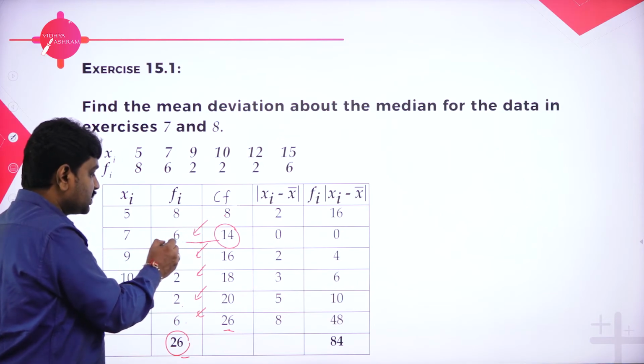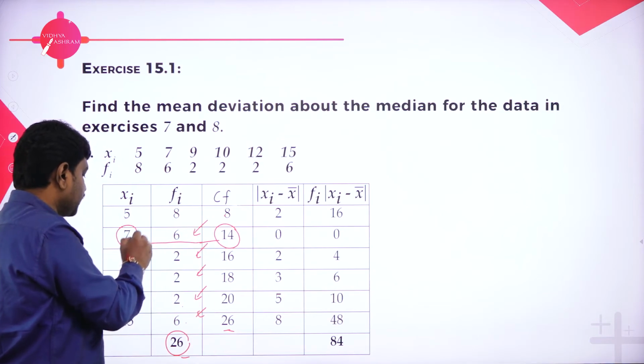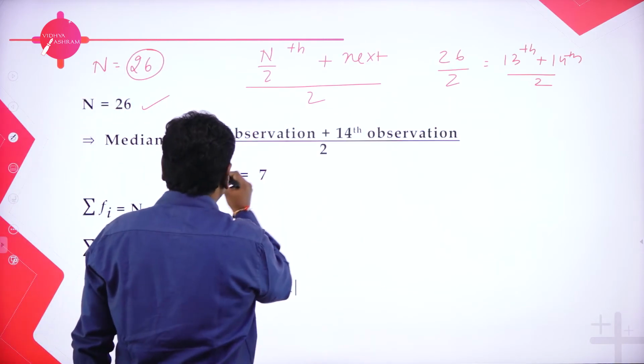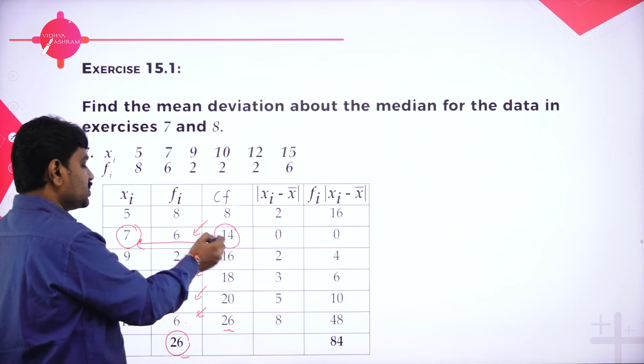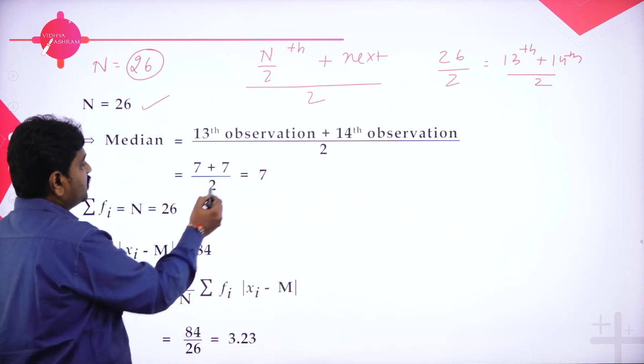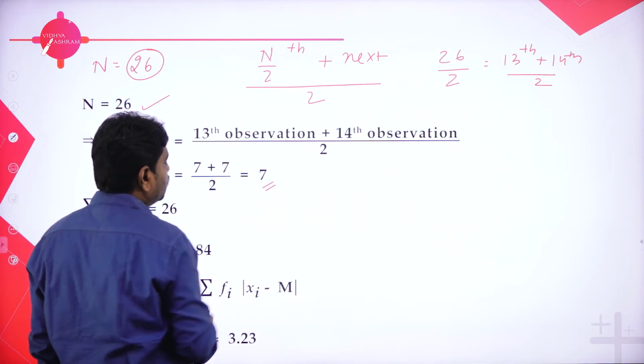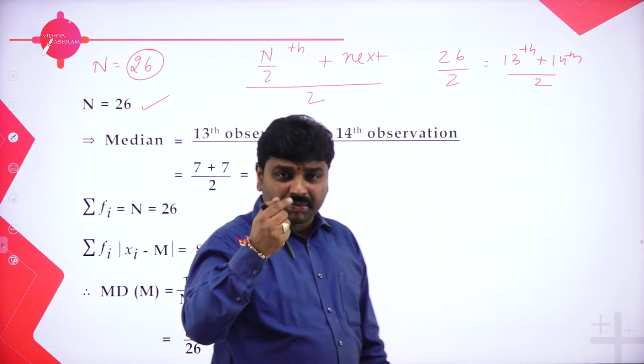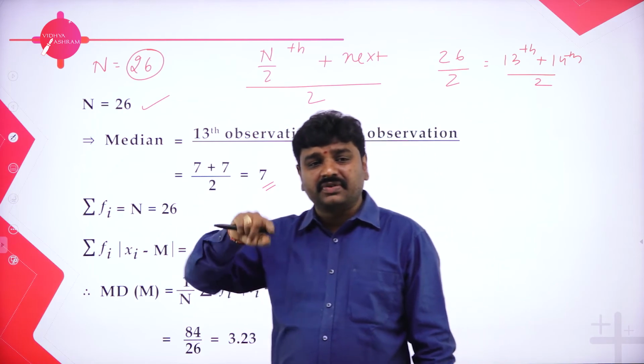So you should see this observation. What is this observation? 7. So you should pick this observation. The 13th observation is also 7, and 14 is also in the same row, so the 14th observation is also 7. 7 plus 7 by 2 is 7. This is the median. So if n is an even number, you should take the n by 2th observation and the next observation,